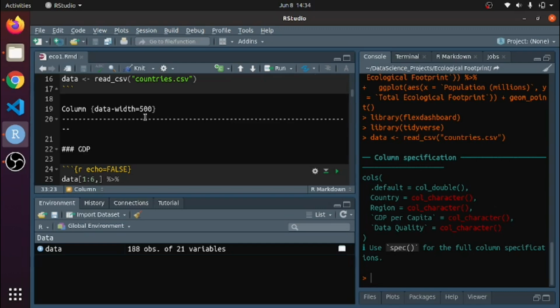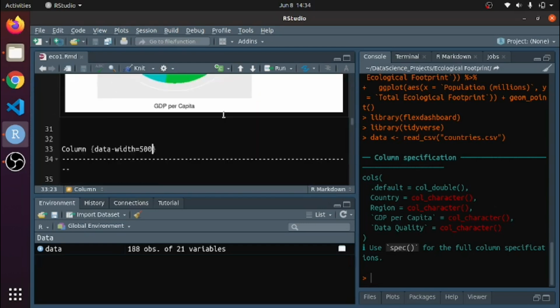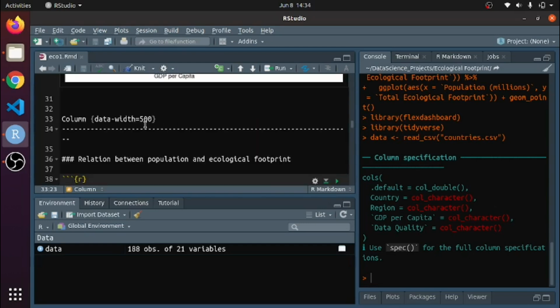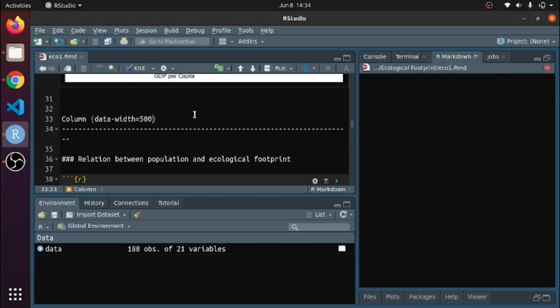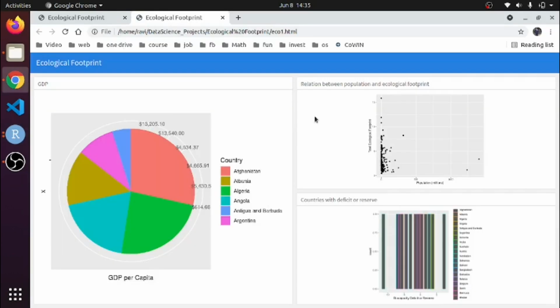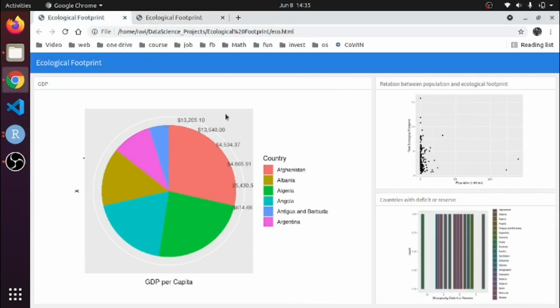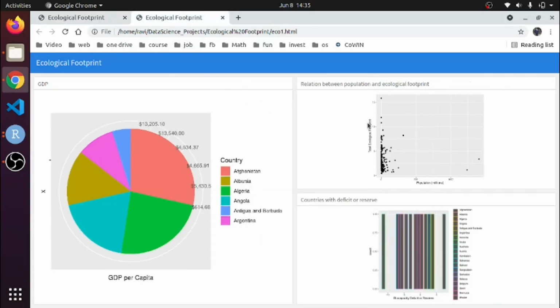I made another file in which I write one column 500 pixel and the other column 500 pixel. If I convert this into a dashboard, compared with the previous one, which was 650, this is 500 and 500, so that's why it looks equal.